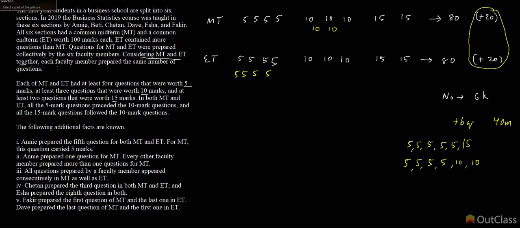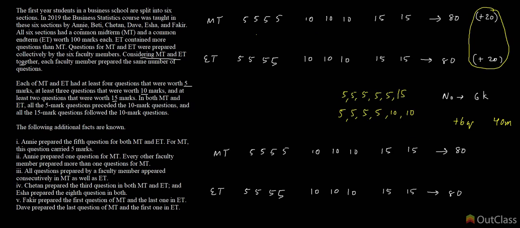The other solution is to have, let me just take my time and copy this. So as I said, one solution was to have 2 more 10s for the midterm and 4 more 5s for the end term. That takes care of your multiple of 6. It takes care of your 100 marks for each paper, and it takes care of end term having more questions